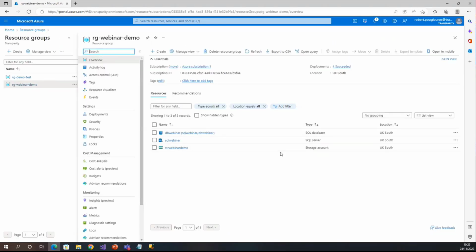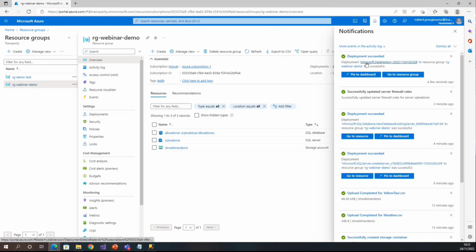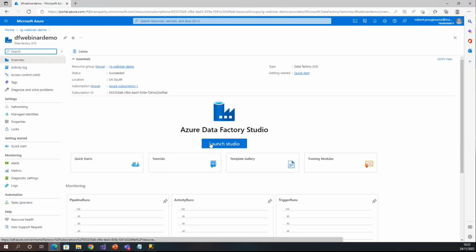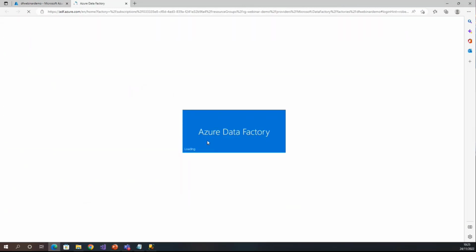We'll just do a quick refresh. So what we've got, let's refresh that. It said it had done it. Let's just check quickly. There it is. Okay, so we've got our storage account, our SQL Server, our database, and now our Data Factory. And what we're going to do is move some data from here into this database. We're going to do that with Data Factory. So if we launch the studio,